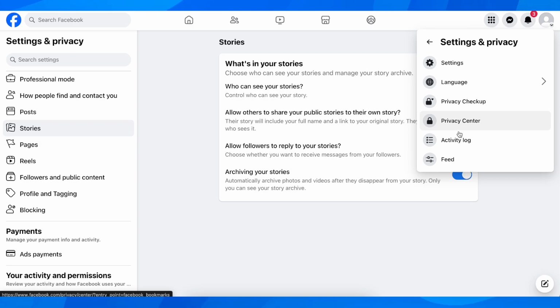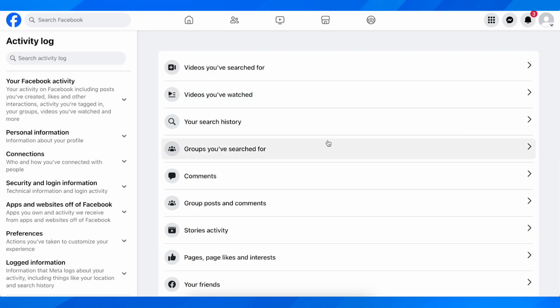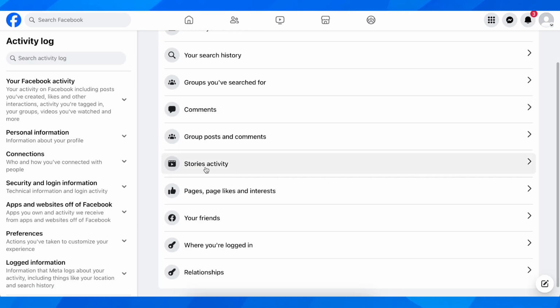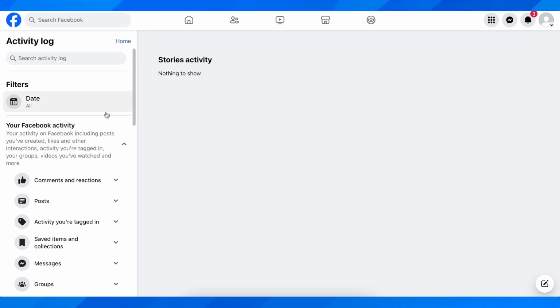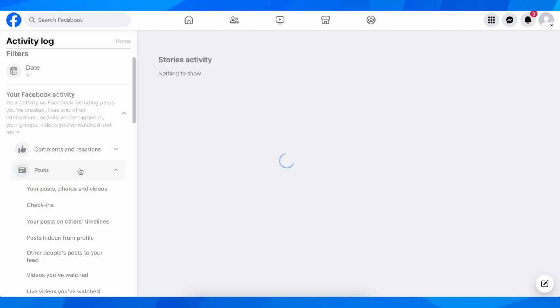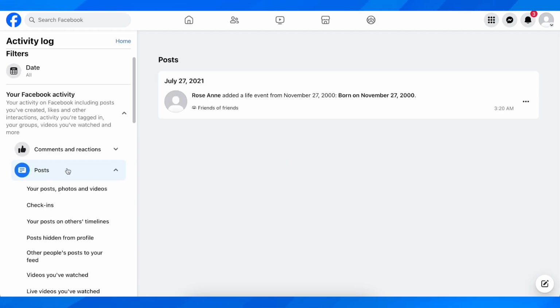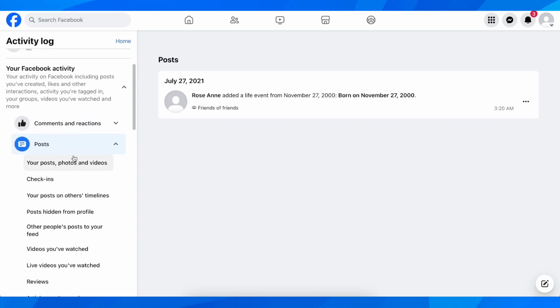again, and then go to activity log, and after that you're gonna have to simply scroll and then simply click on stories activity, and basically here you can see all the posts. So if you want to, you can simply click on this, and then you're gonna be able to see all your stories posts,